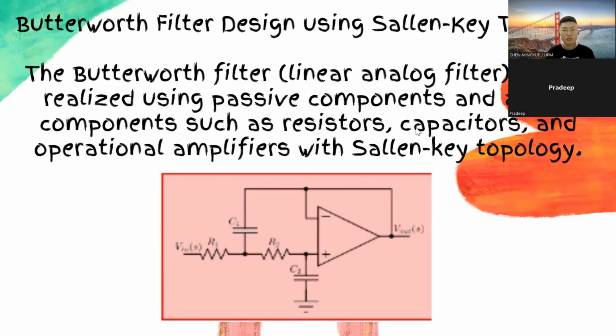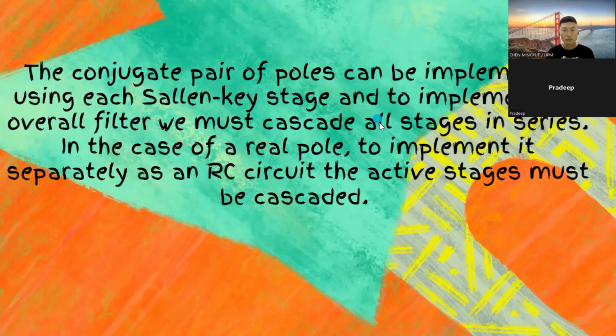So for the next part, this is Butterworth filter design using Sallen-Key topology. The Butterworth filter, which is also a linear analog filter, can be realized using passive and active components such as resistors, capacitors, and operational amplifiers using Sallen-Key topology. So you can see the circuit diagram for Sallen-Key topology over here. The conjugate pair of poles can be implemented using each Sallen-Key stage, and to implement the overall filter, we must cascade all stages in series. In the case of a real pole, to implement it separately as an RC circuit, the active